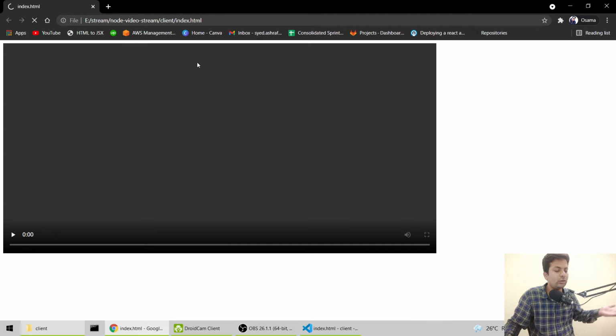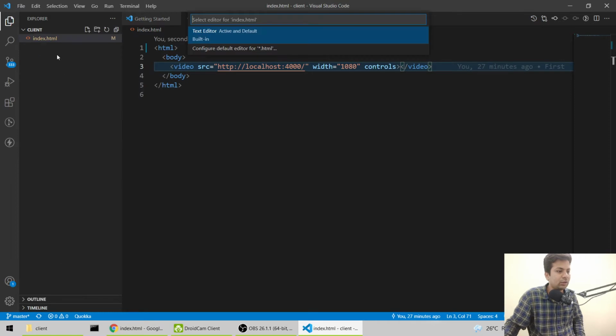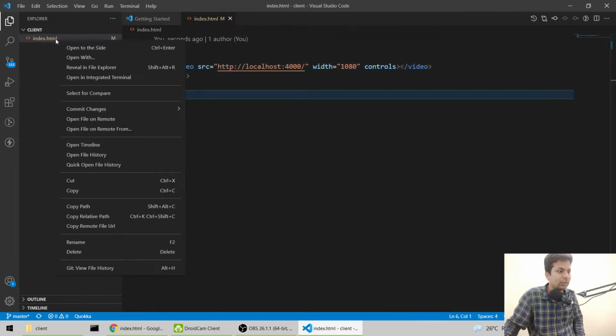So you can directly open it like this also. See, it's running, but it can't get the file like a stream. Or you can open it with live server, which I'll preferably use.